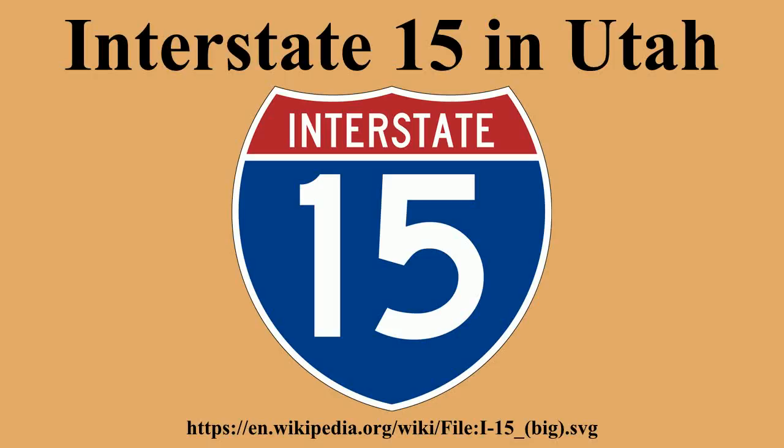Off the Scipio interchange is an official rest stop courtesy of UDOT and Flying J. Several miles north of Scipio, I-15 leaves Millard County and enters Juab County before turning northeast once again. After an interchange with the Yuba Lake Road is another interchange at Mills Junction, State Route 78 just southeast of